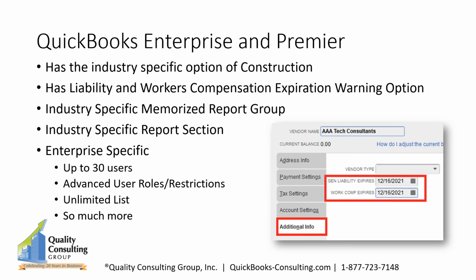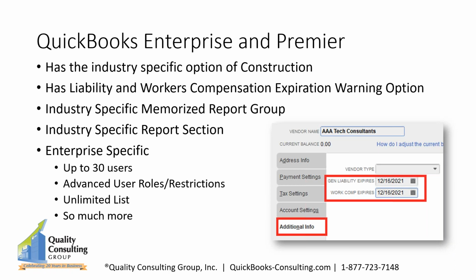The Enterprise, specifically over the Premier, has the ability to have up to 30 different users in your file, it has advanced users and role restrictions, which kind of goes hand in hand with the 30 users. You might have project managers, you might have office and billing people, you might have salespeople, you might have a variety of those people that you only want them to have a little bit of access into those different areas that they need, but not access to see your banking information or payroll information. Well, with QuickBooks Enterprise, it allows you advanced user restrictions, and regular Pro and Premier has 9 to 10 different levels, where Enterprise has over 100, and I want to say it's close to 150 different levels.